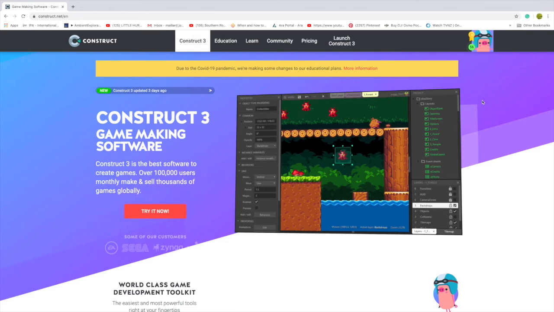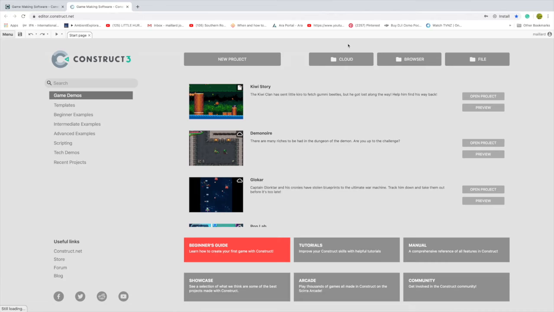Okay, so Construct 3 is a browser-based game engine, so therefore it will work on a PC, it will work on a Mac, and it exports via JavaScript to HTML5. That's the basic engine behind it, and you can export to mobile platforms and PC, Mac, which we'll have a look at in due course. Okay, to launch Construct 3, you simply click on the Launch button, and we can talk about some of the